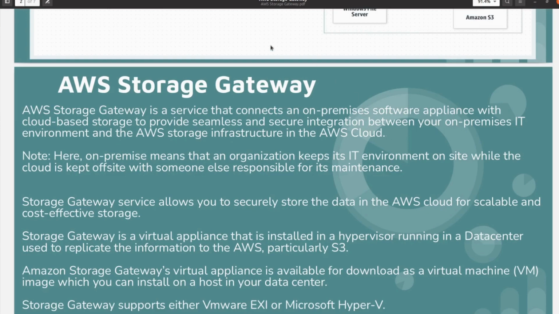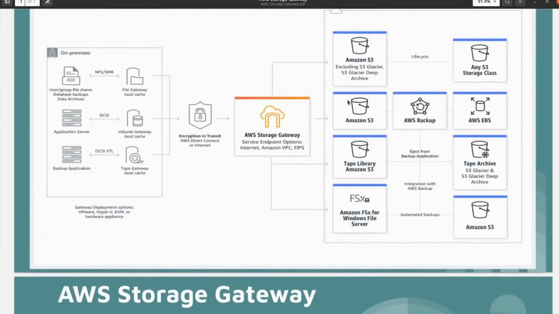We have two environments, one on-premise and another the cloud environment, and we are using AWS Storage Gateway to store all the on-premise data in the cloud.